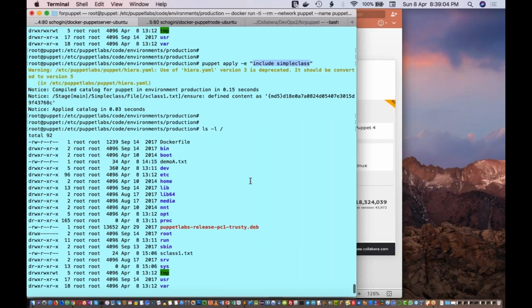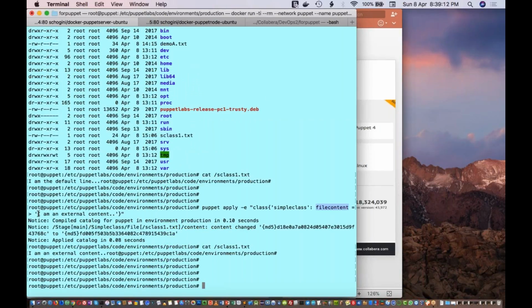But when we use this resource style declaration, at that time we are passing the content for the file resource via this class parameter. We are passing the value for that particular variable, and using that variable the content is getting changed. Is it clear, Reza?